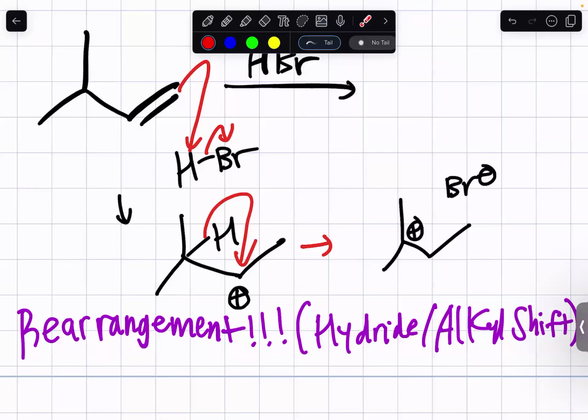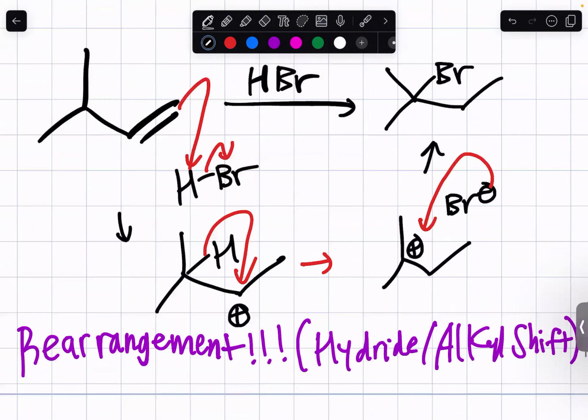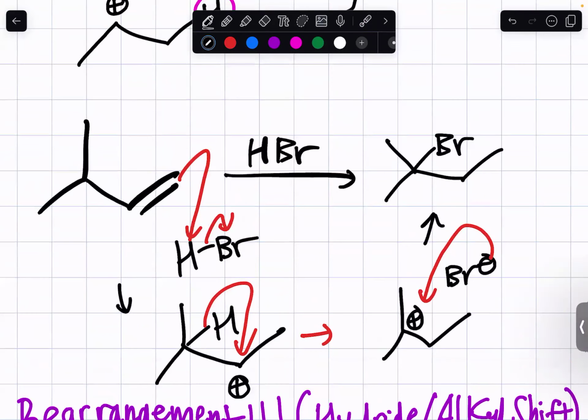But that's the most common theme for most of these reactions. Always form your most stable carbocation and then proceed. Don't forget the rearrangement step, like the hydride or alkyl shift. If it wasn't an alkyl shift, how do you know you'd have to change the methyl? Would the hydrogen